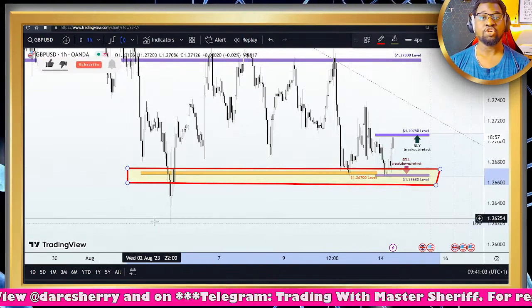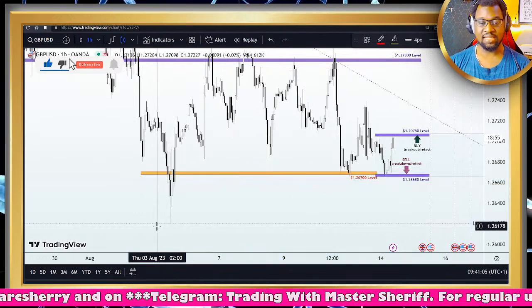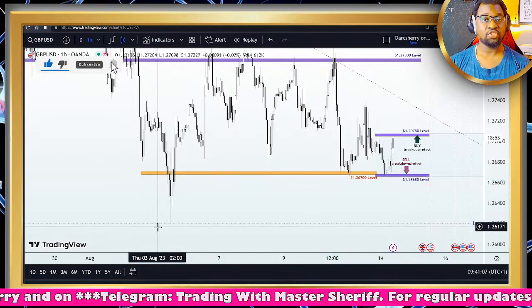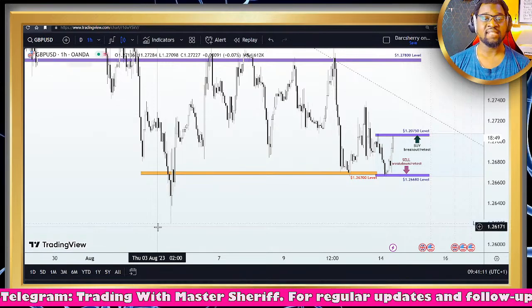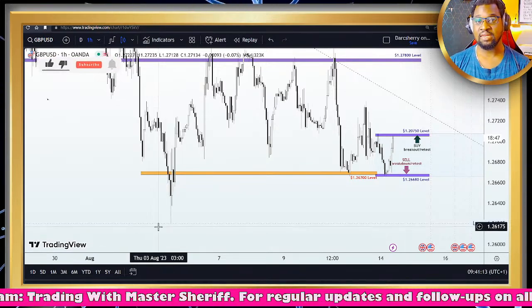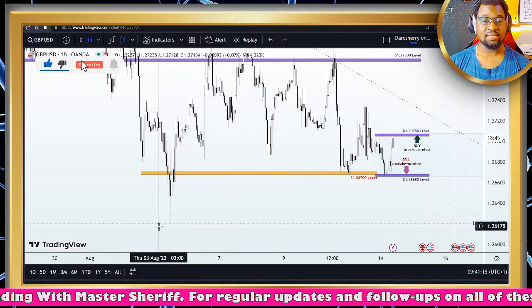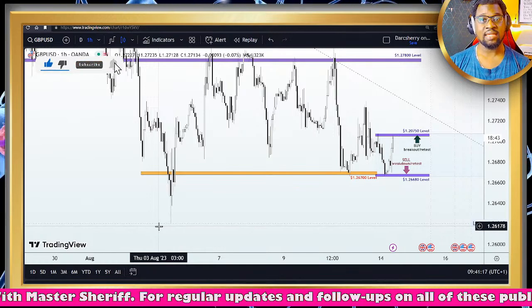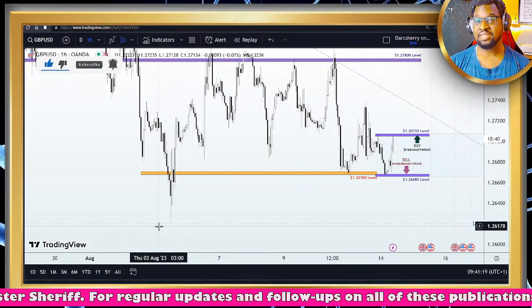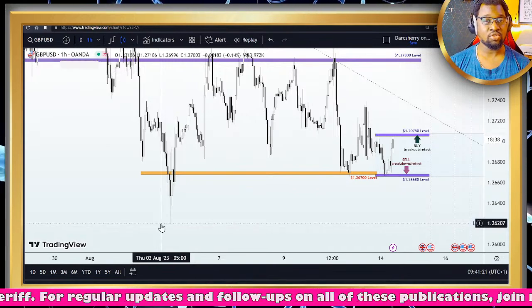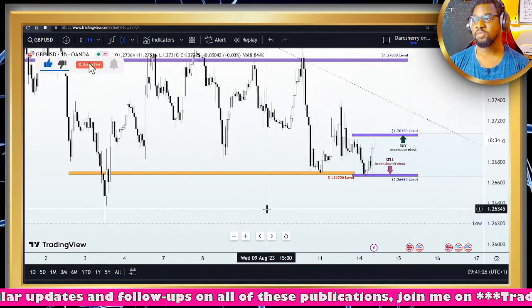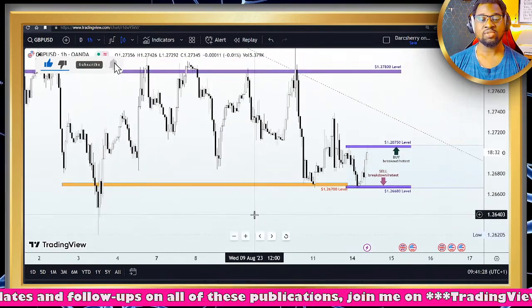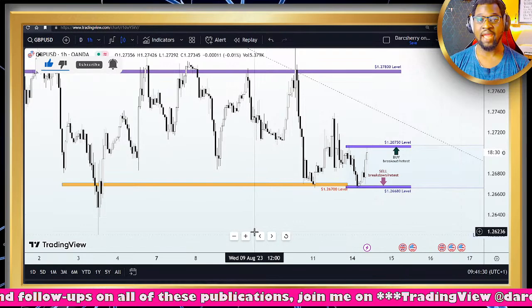And you know how we use our key level in this community. As long as price action remains above the key level, we want to be looking out for patterns and structures that will support the idea of buying that asset. And we are not considering selling unless price action breaks down the key level and continues to find selling pressure below that area. Now, if we look at the GBPUSD right here, you will see that price action still remains